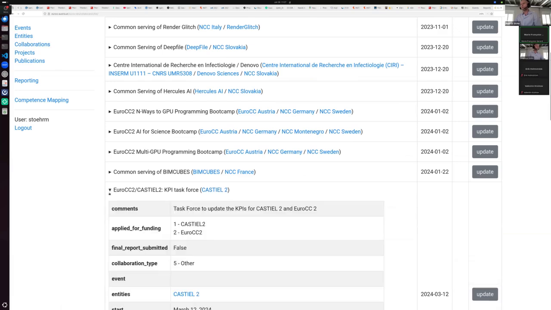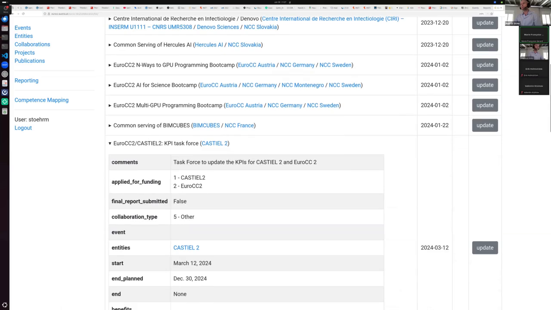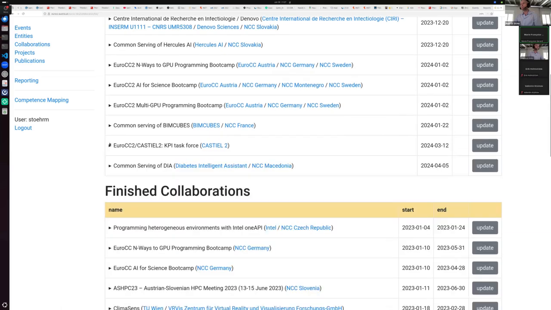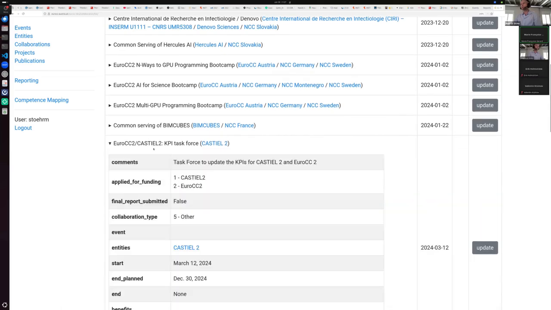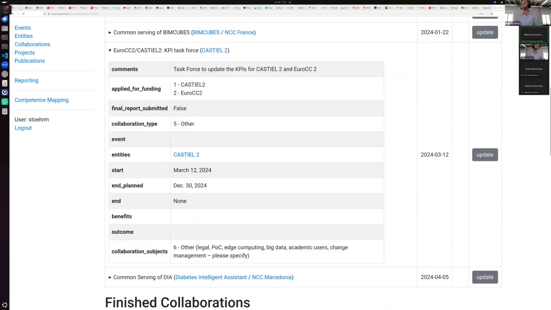Okay, I was working here in this KPI task force, so we put this in our reporting tool, and you can see that we participated here in this task force, which was organized by CASTIEL 2, and we can specify some things here from when to when it was running, and if it was finished, and some details. This is a little bit outdated since the scheme